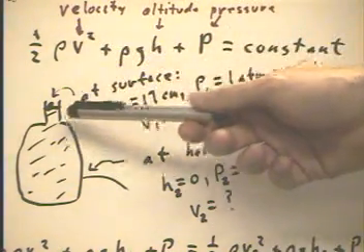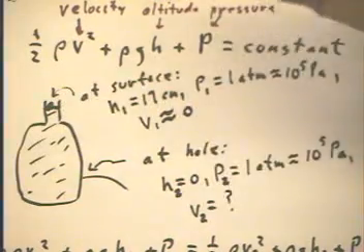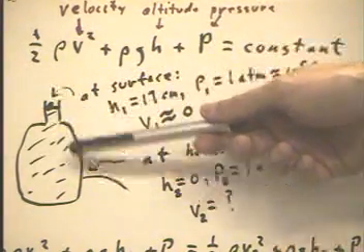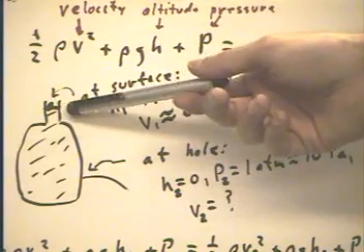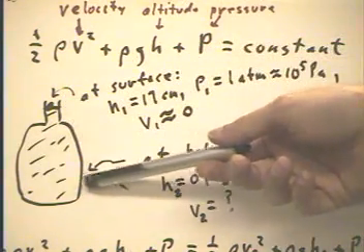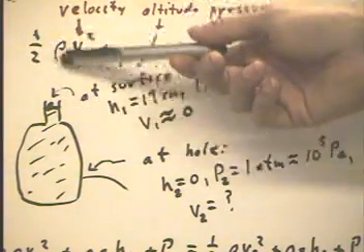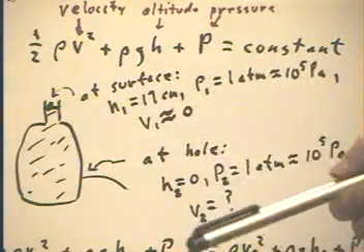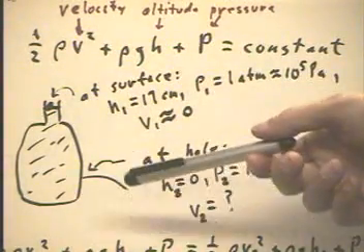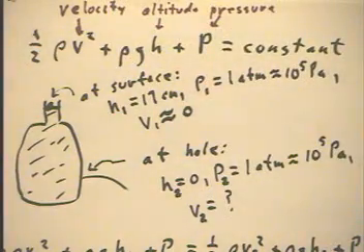Obviously we have a relationship between the altitude of the water and its velocity. That is, we have an altitude change from here to here, and we have a velocity difference. We have velocity essentially zero, a very small velocity here, and a great velocity here. If we had a greater difference in altitude, or the depth of the water, we would have a greater velocity down here. So obviously altitude and velocity maybe have something to do with one another. Clearly also